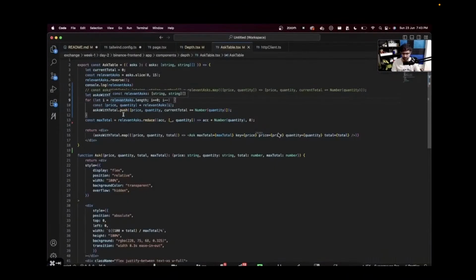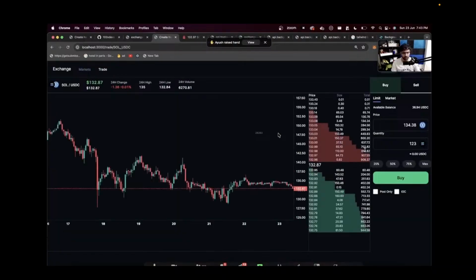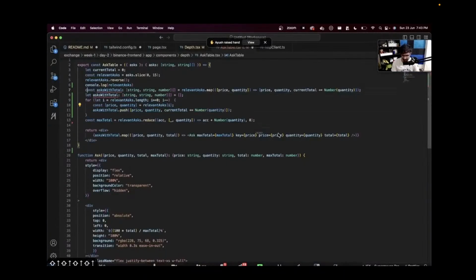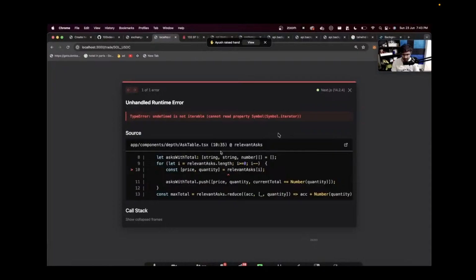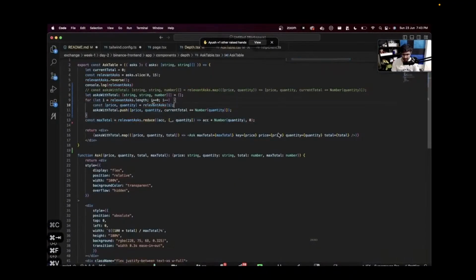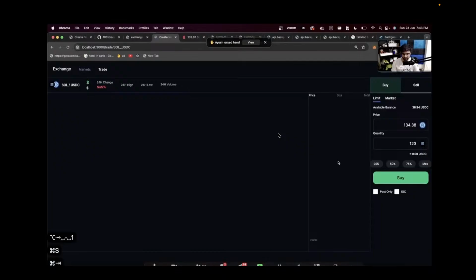I'm iterating over the relevant asks array from the bottom. What do I want? I iterate over it from the bottom. Yeah, you will get a value of 0.82. Then the next one will get a value of 0.82 plus 97.43, and so on. So I iterate from the bottom. Let's see what the error is. i minus minus, price comma quantity equal to relevantAsks of i, which gives us an error that says undefined is not iterable. relevantAsks of i is undefined because there will be minus 1 over here. If I refresh now,